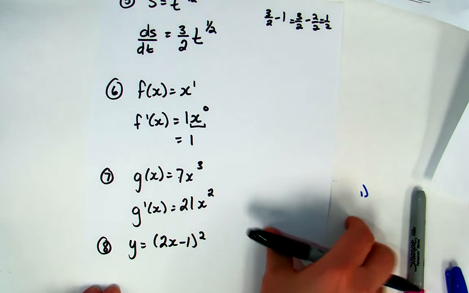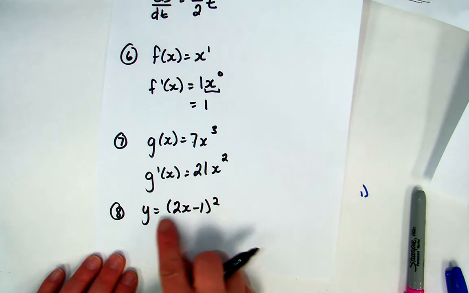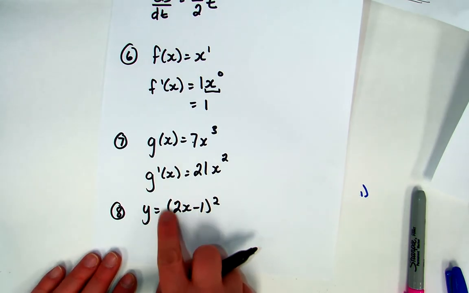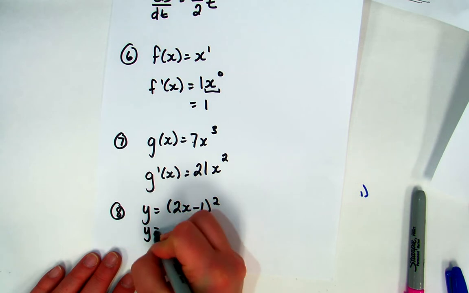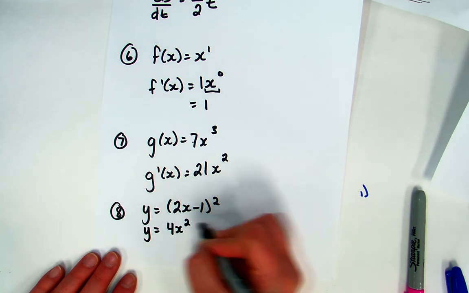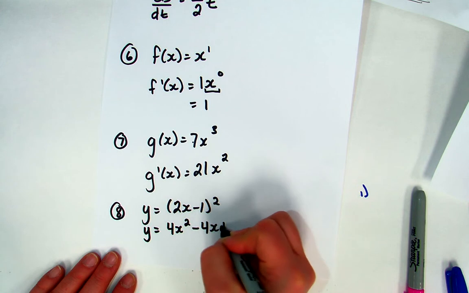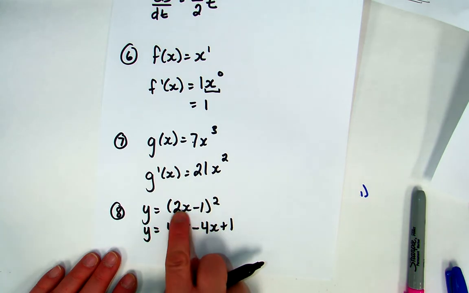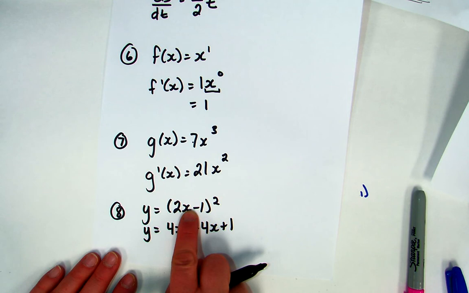Okay, y equals 2x minus 1 squared. Well, we only know how to deal with an exponent when it is on the x, not on a chunk. So before I do this derivative, I'm actually going to FOIL this bracket. So if you need to, you can write the bracket out twice and actually do the FOIL. But if you know how to square a bracket by squaring the first, putting the 2 in the middle together,